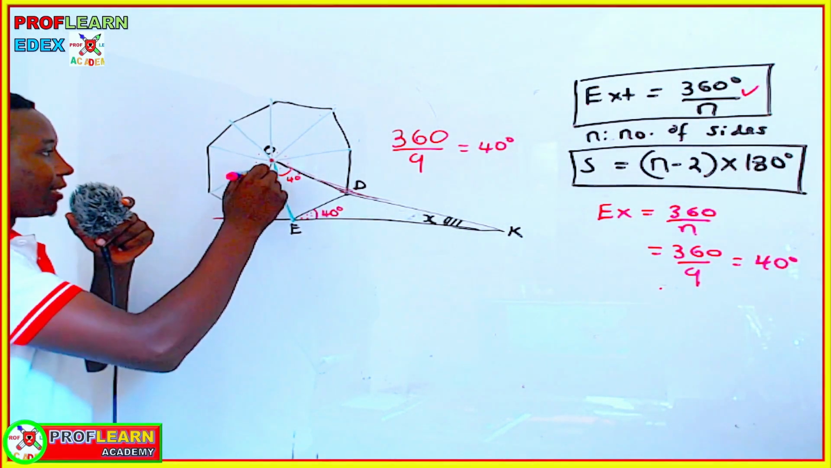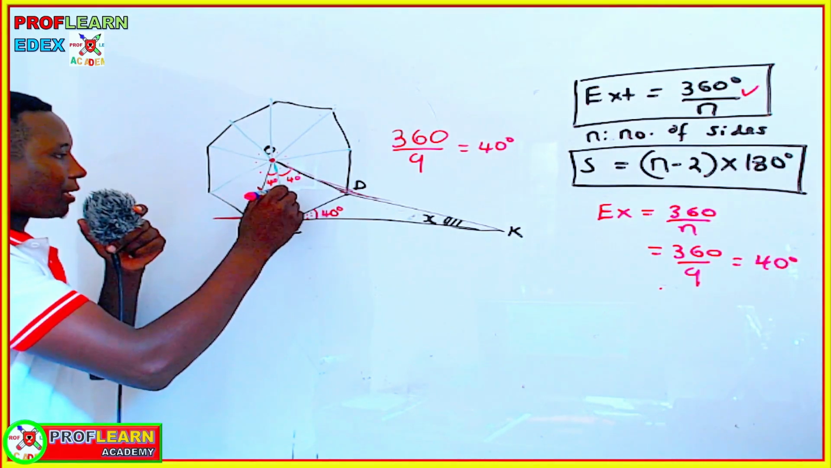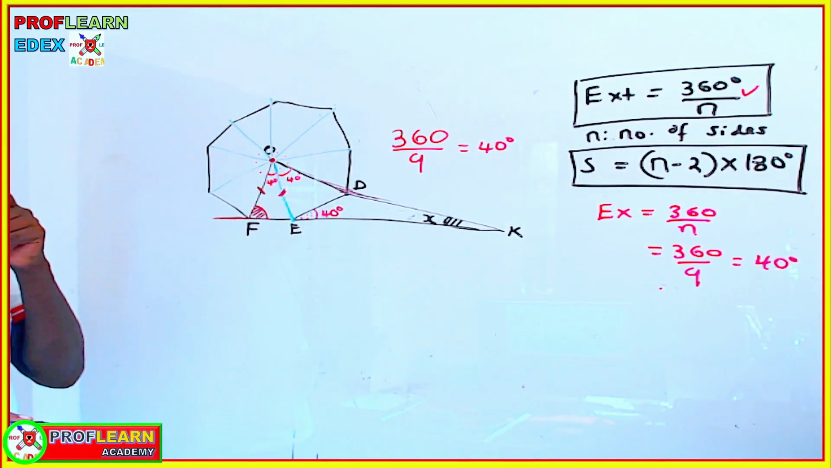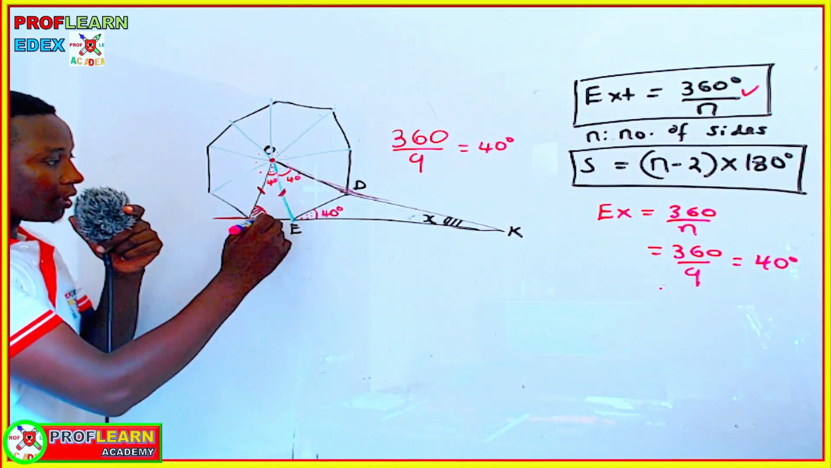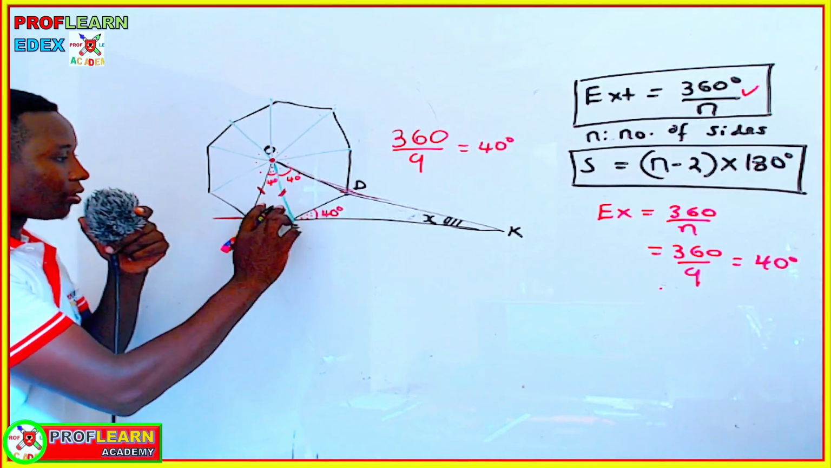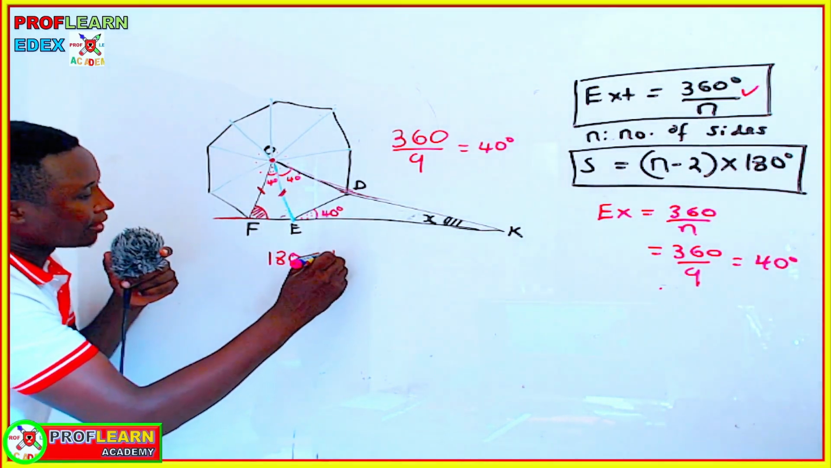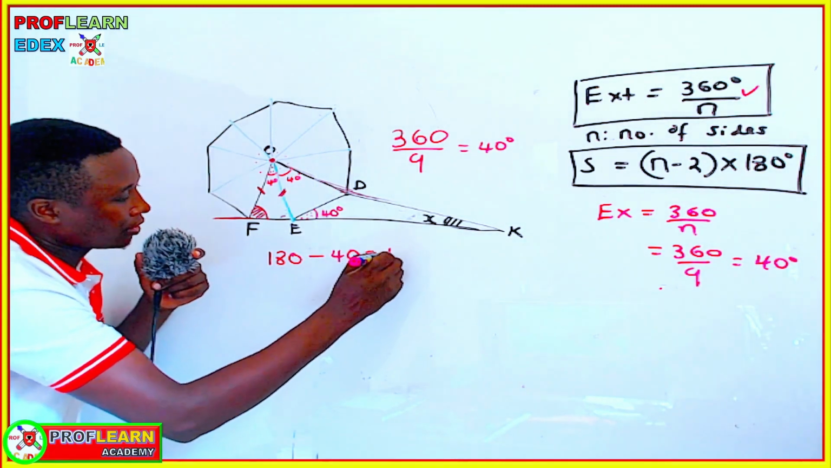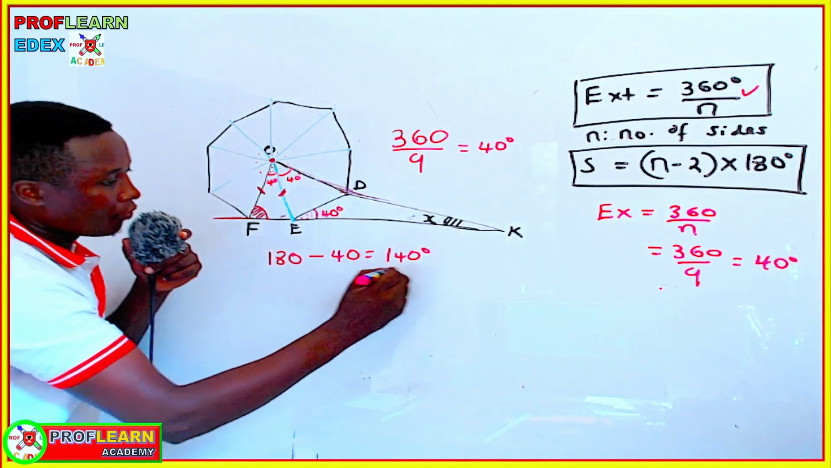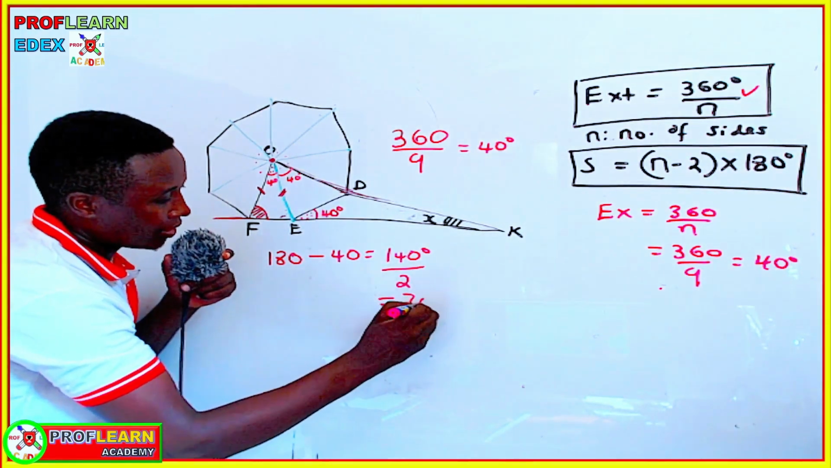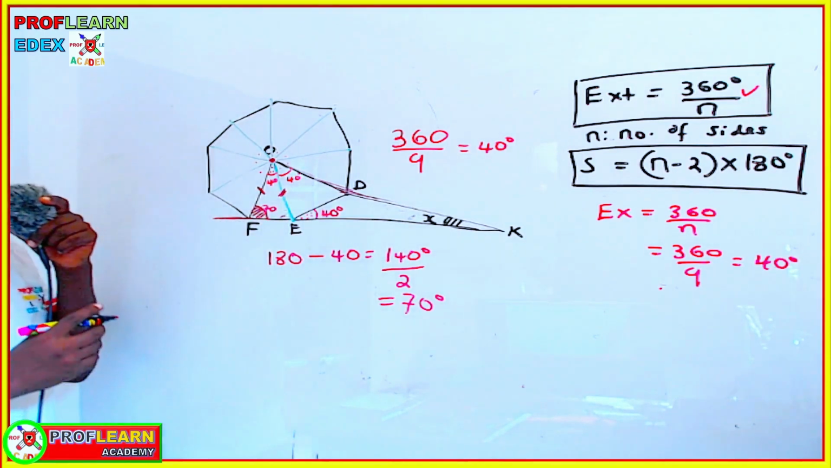So remember, this is the center of this polygon. So this part and this part are also equal. Meaning if this angle is 40 degrees, this is an isosceles triangle. So we can say 180 minus 40, which is going to give us 140 degrees. If we divide by 2, which is 70 degrees, we are going to get this 70 degrees